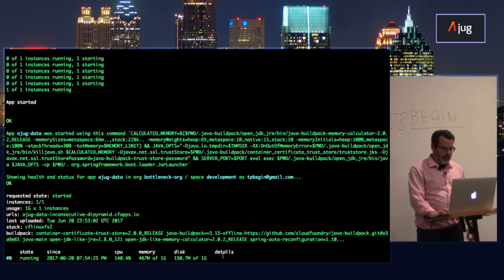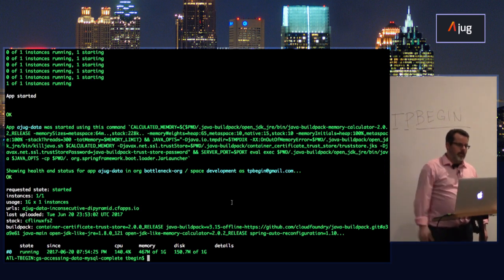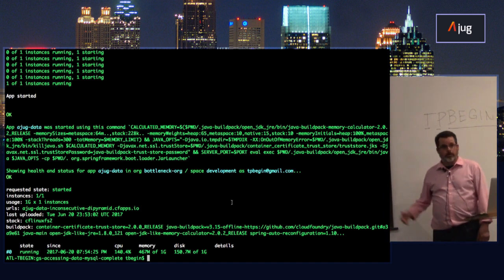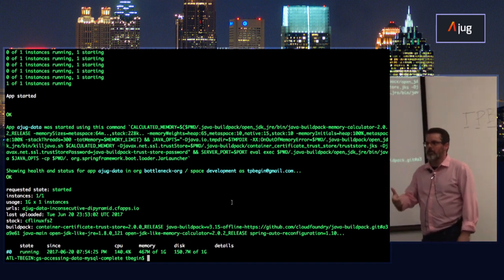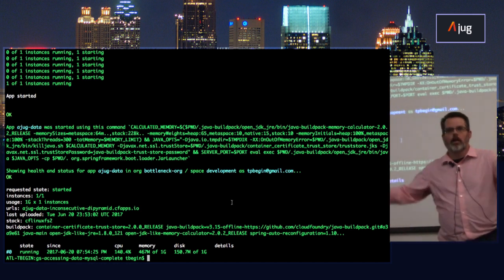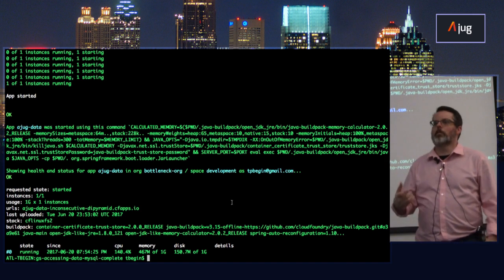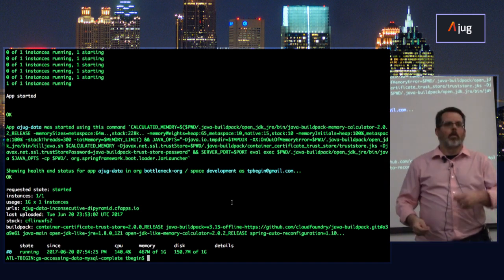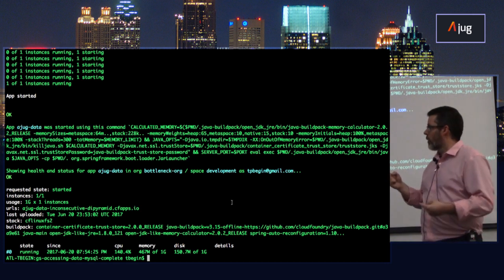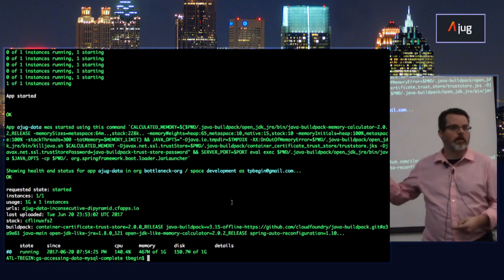Okay, so let's go see what happened when I pushed this. While we were talking, Cloud Foundry was busy taking our application and this manifest file and using the build pack. I'm not even going to start going into the build pack. You can feel free to go check those out. But the build pack is how Cloud Foundry knows to set your container up. If you don't tell it which build pack to use, it's going to guess because it's opinionated. Oh, this looks like a Java application. I'm going to use the Java build pack.